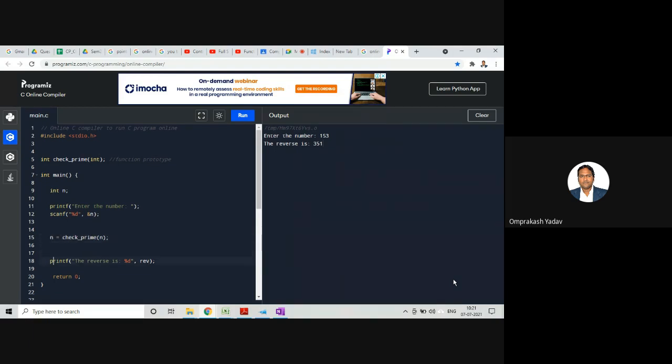Taking the same variable, and then here I'll write if n is equal to 1, and we'll say number is prime.